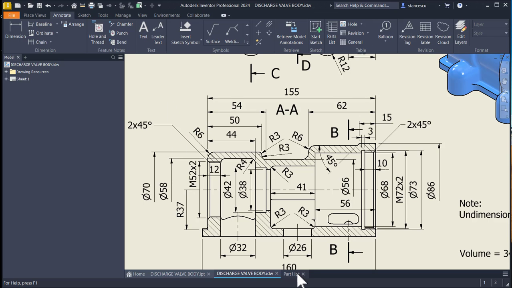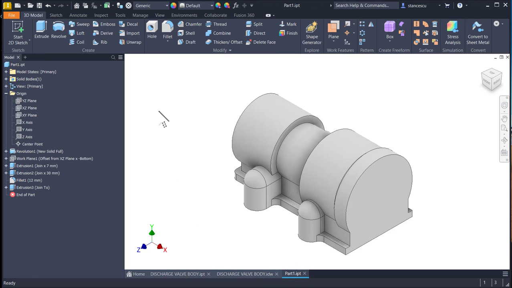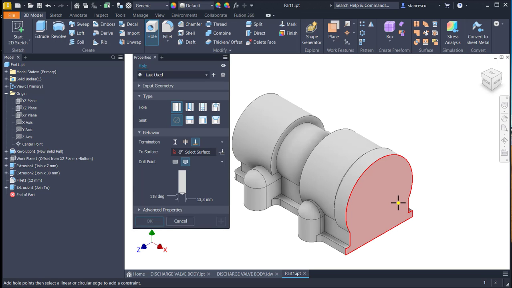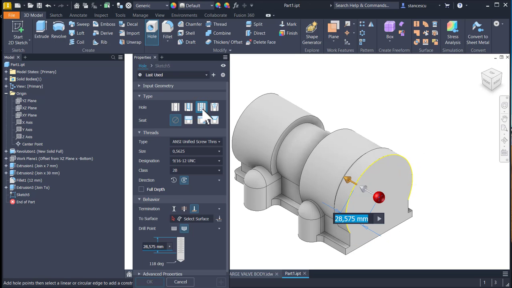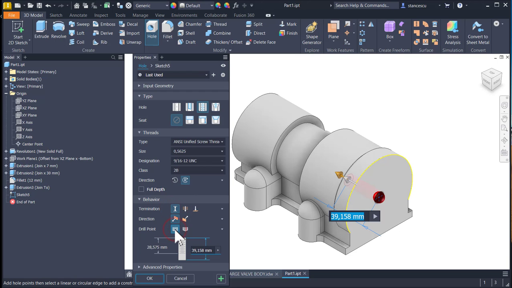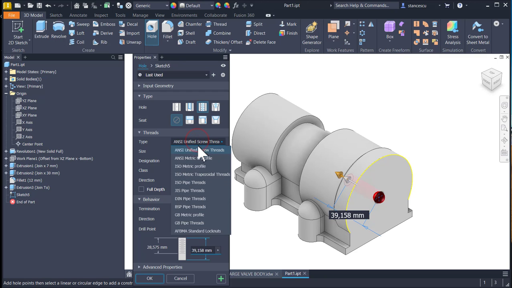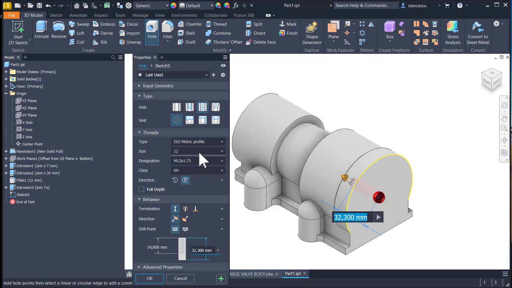Okay, let's do this. Hole on this face, this center, threaded with end, flat end,